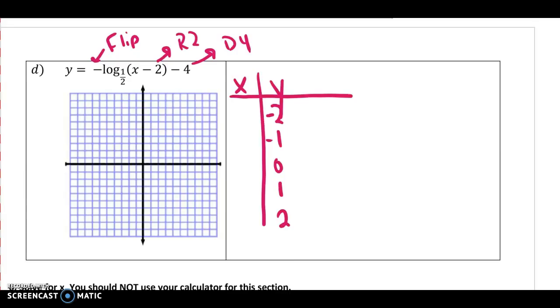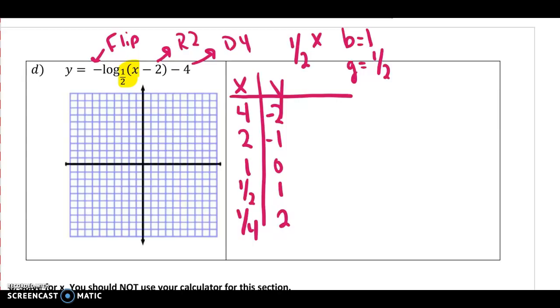My inverse function that I'll be working with is 1/2. So again, in this, b is 1, and it's growing by 1/2. So the y's will now be the x's. So that was the y-intercept, and now it grows by 1/2. So I'm just multiplying by 1/2, which means the other way, this would have been a 2, and this would have been a 4. So now I'm going to start the transformations, and I always start with the flip, and I make a new y, and I put the flip in there, which means it's going to take all those y values and flip the top to bottom and bottom to top. So that's essentially just taking the other y's and multiplying them by a -1, or taking